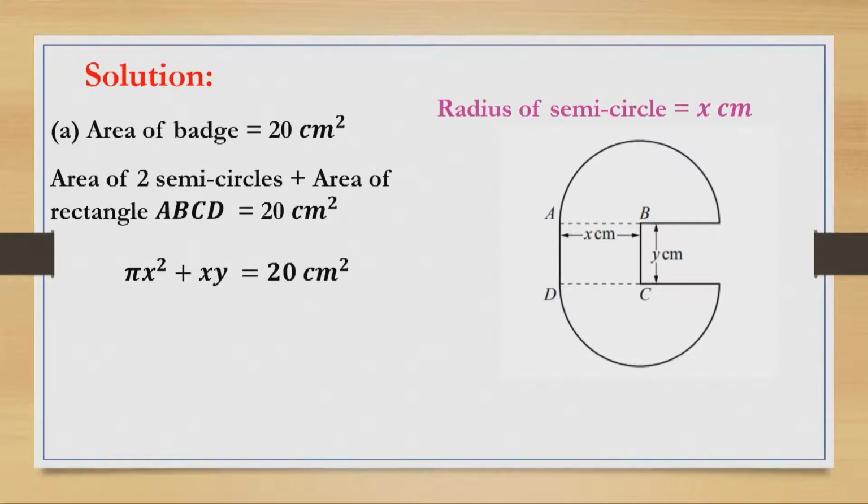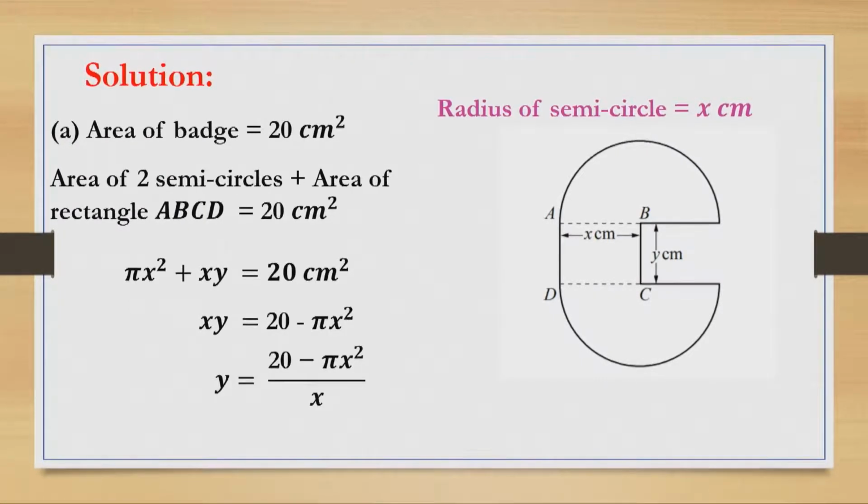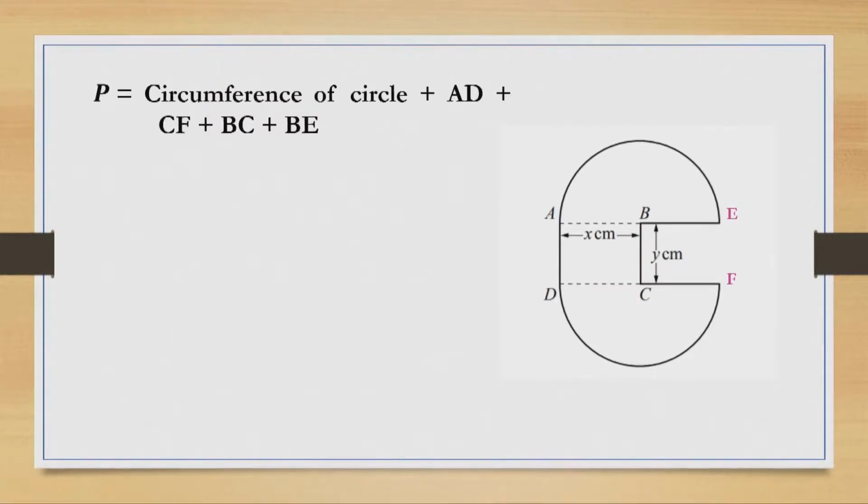So here I will make y subject of formula. I get xy equal to 20 minus pi x square. Y will be equal to 20 minus pi x square over x. Now I need to find the perimeter of the badge. So the perimeter will consist of the circumference of the circle. I'm going to take the arc AE plus DF, which will give me the circumference of a full circle, plus